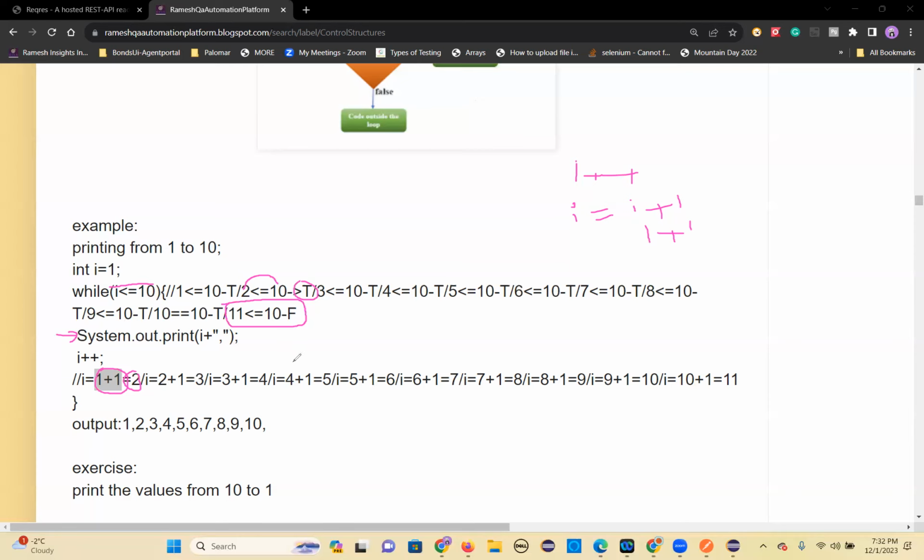So that's it. And now you do 10 to 1. Okay. So print the values from 10 to 1. These two programs